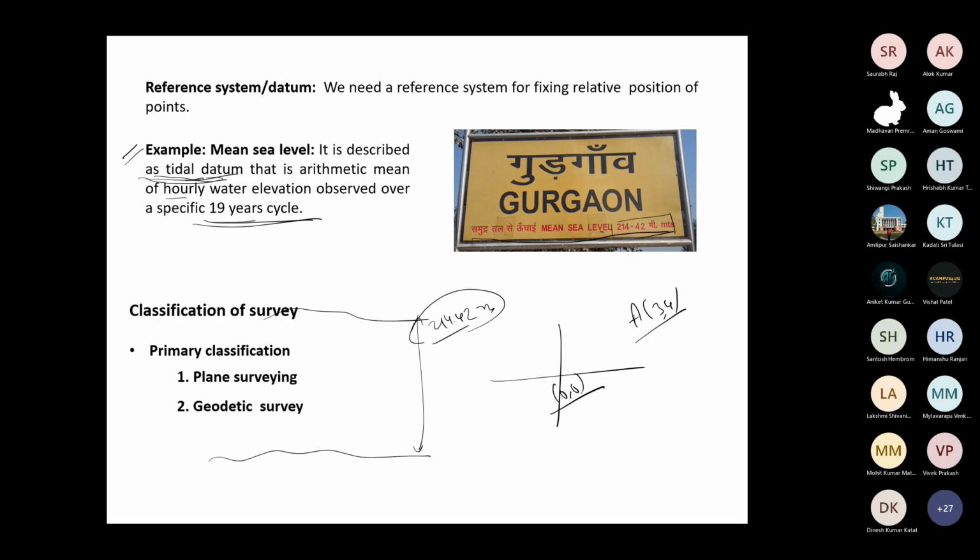Now I think you know about the classification of survey. Have you read about it? Is it covered or not? So tell me, what is the classification? Sir, plane survey and geodetic survey. Geodetic survey takes into account that the Earth is curved. Plane survey takes the Earth as relatively flat, for civil engineering or mining purposes, and it is done for an area of less than 200 square kilometers.